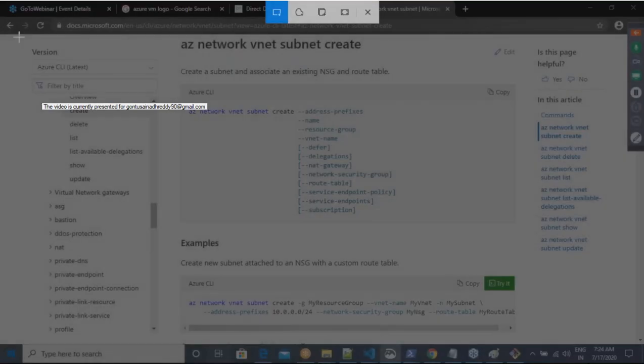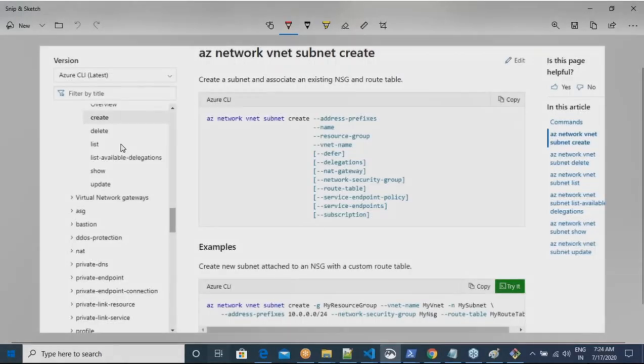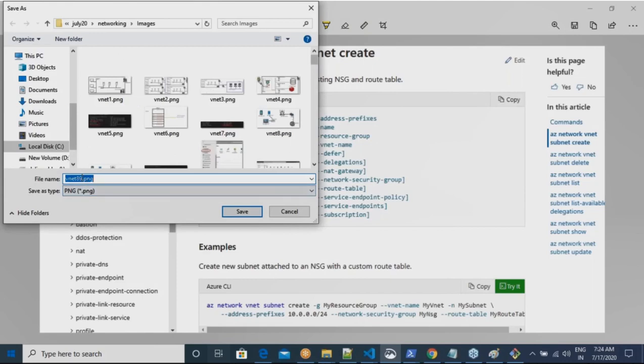Okay. And the best part of this is I am not going to create it. I want you guys to do it. Create 4 subnets. Start working on that.